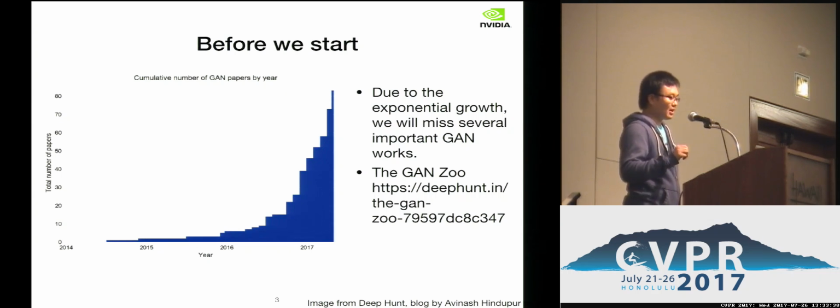Recently, there's a website called GAN Zoo. It's basically a bunch of GAN names, like CycleGAN, ALI, PyGAN. Many works can be found from this web page. By the way, the tutorial slides will be made available online after the tutorial, probably before midnight today. I'm sorry that you cannot download them now. If you have any question during the presentation, feel free to ask.